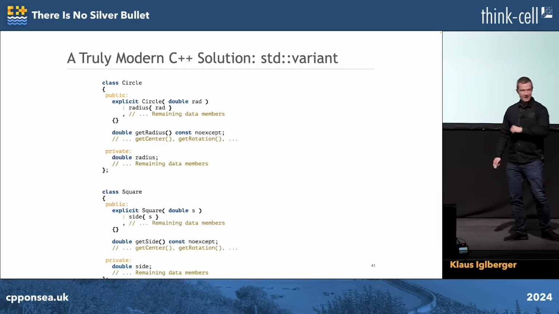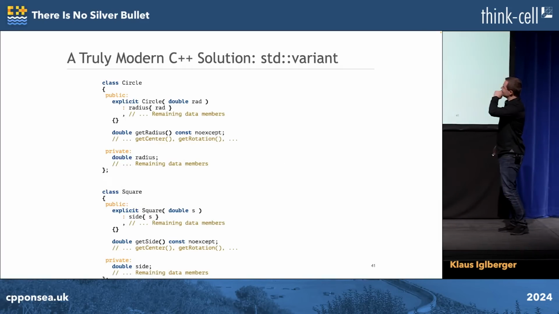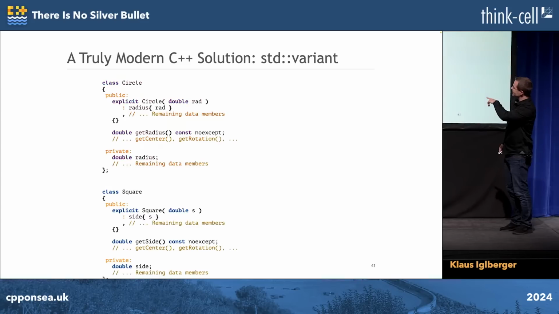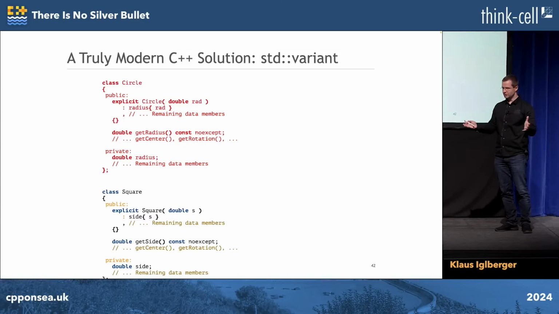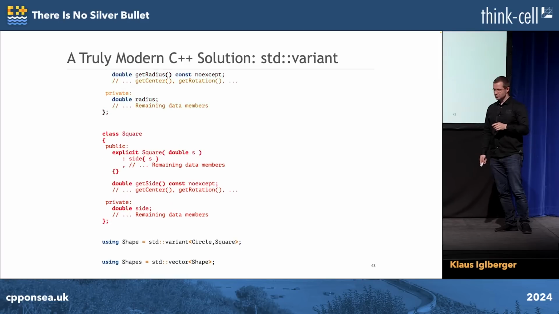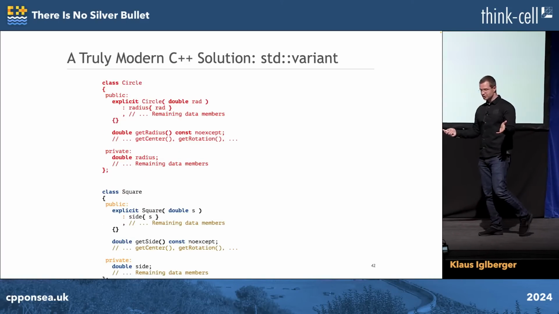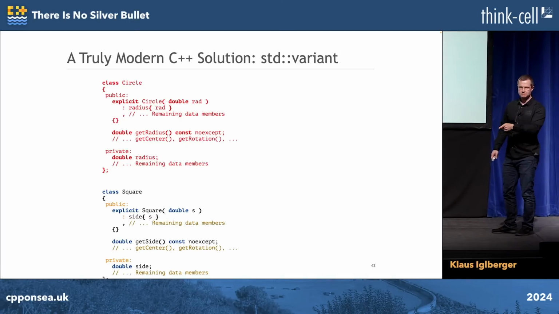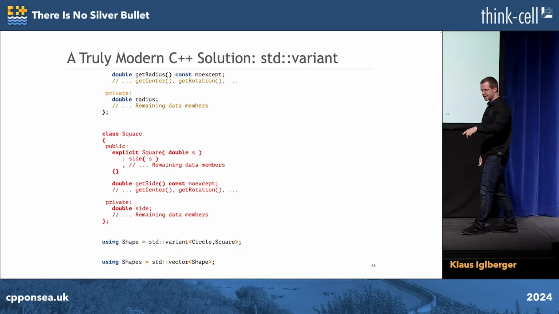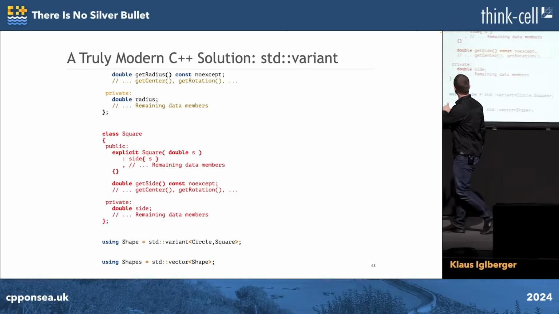Let's implement this by means of variant. So, first of all, I'm starting with a circle again, but you notice one thing already. It's much shorter. There's no base class. There's no virtual function. This is pretty much the simplest circle that I could present. There's nothing special here. Of course, square is pretty much the same. And imagine, again, there may be several shape types, similar to these two.